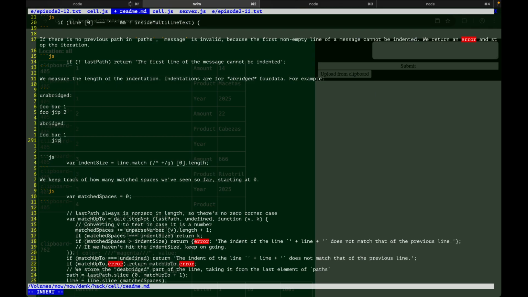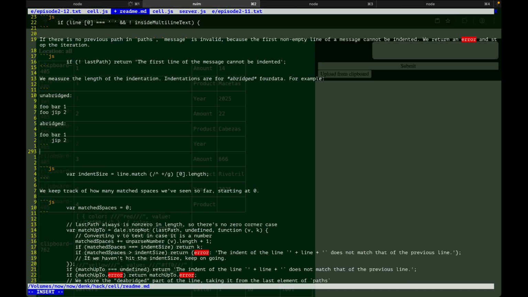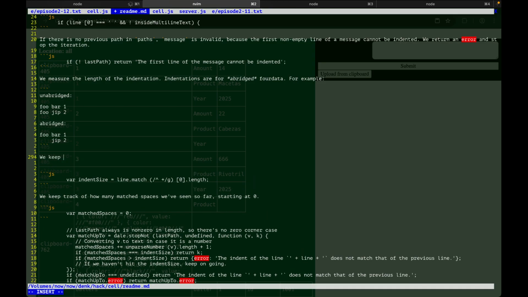One, and then just give two, like that. Good. We keep